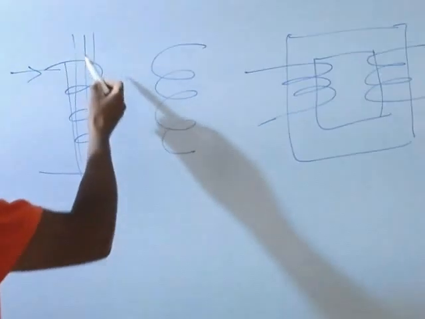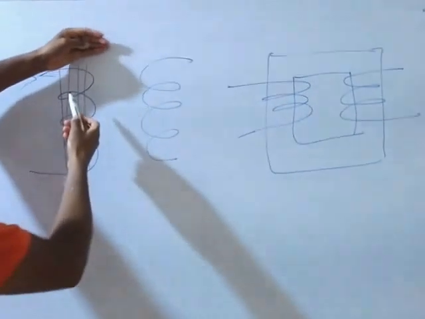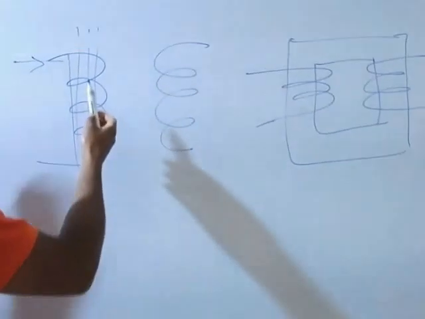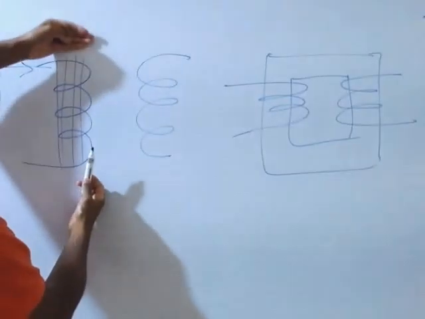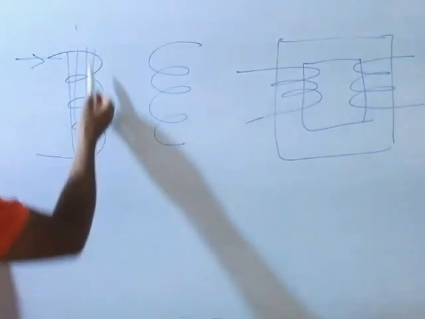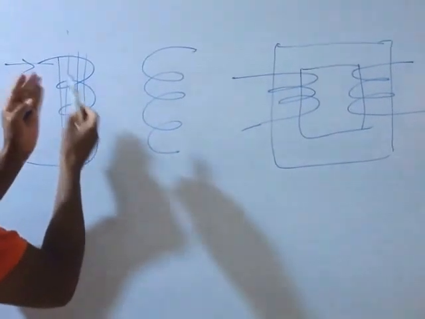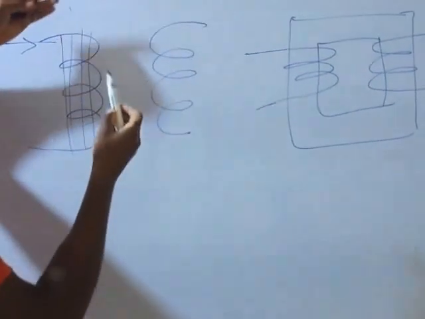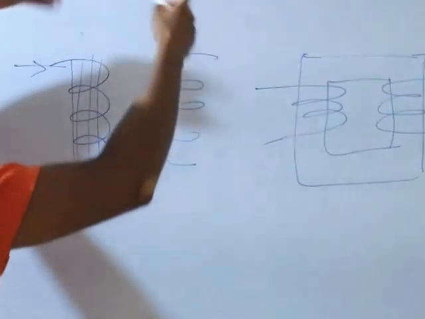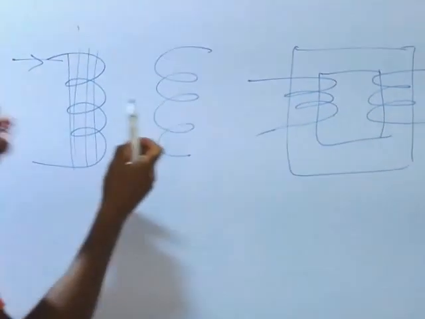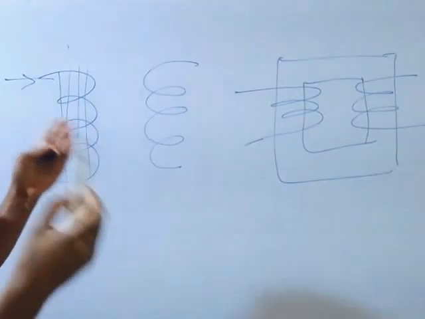So the density we get inside the core, I will not get outside, because inside the flux is confined within a very small area, so the density is more. But outside, the flux is dispersed in a large area, so the density will decrease,